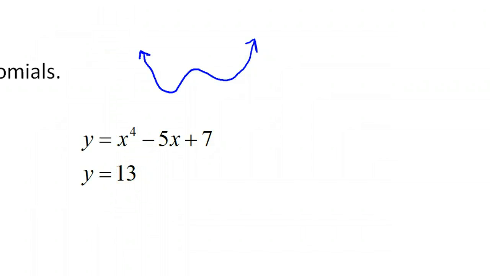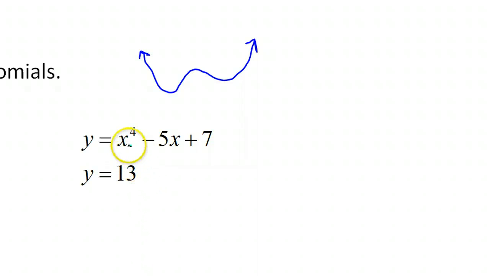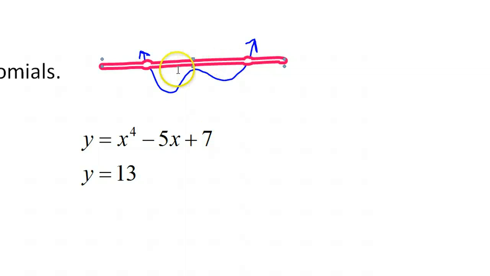Now on the other hand, we have this y equals 13, which is a very tiny polynomial, but yet a polynomial nonetheless. Y equals a number is a horizontal line. So it could be like this, a horizontal line just like this, and if so, then we would have two solutions, like here and here. On the other hand, maybe it would intersect more like this,